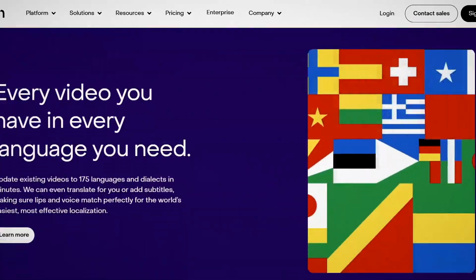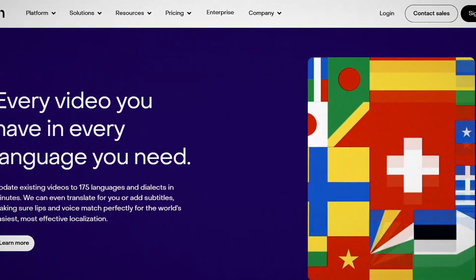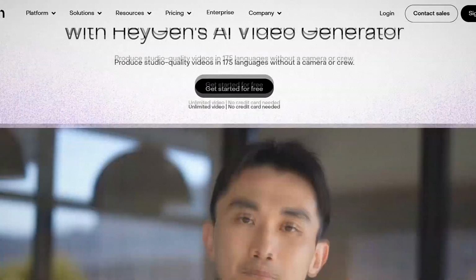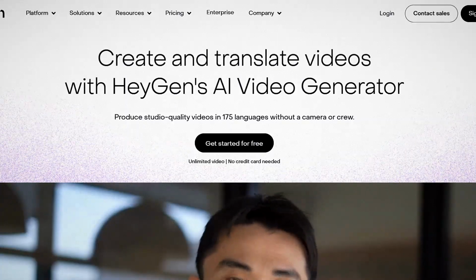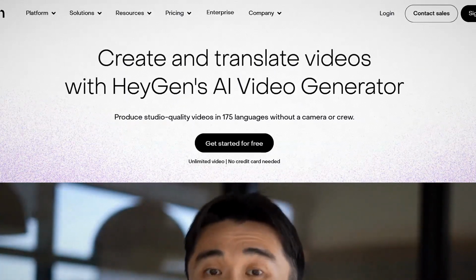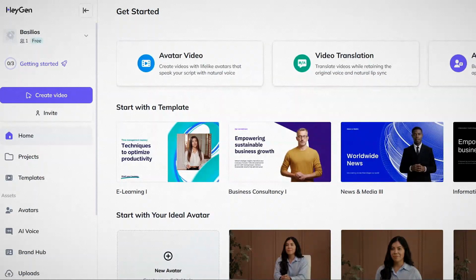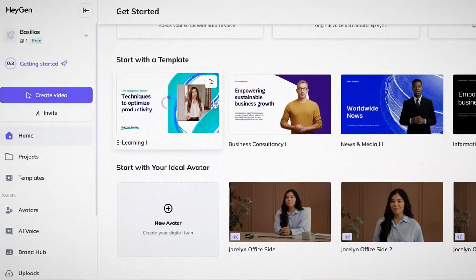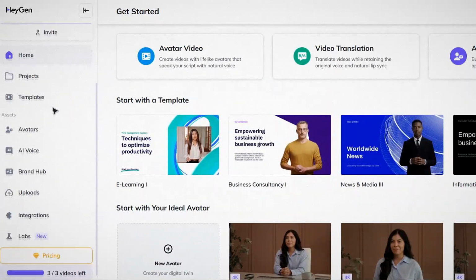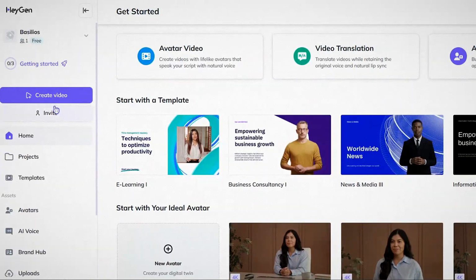And don't worry, you don't have to be a tech genius to use HeyGen. The platform is designed to be beginner-friendly. To get started, you'll need to visit the HeyGen website. Once the page loads, you'll see an option to sign up for an account. It's free to create an account, so there's no upfront cost to start exploring the tool. After signing up and logging in, you'll come to the dashboard. The interface is straightforward, so you don't have to waste time figuring out what's what. Everything is clearly labeled, making it easy to follow along.